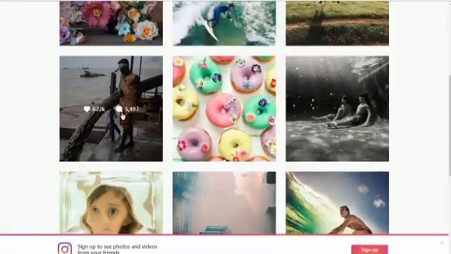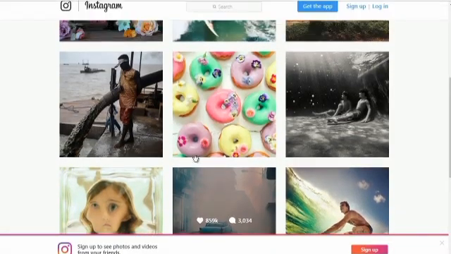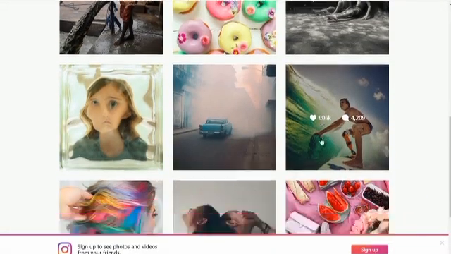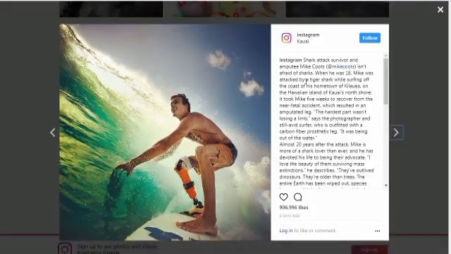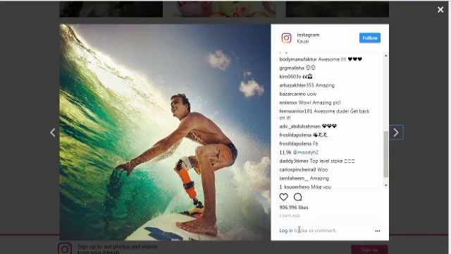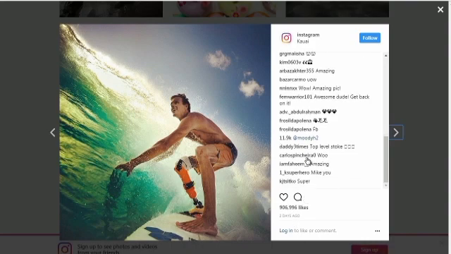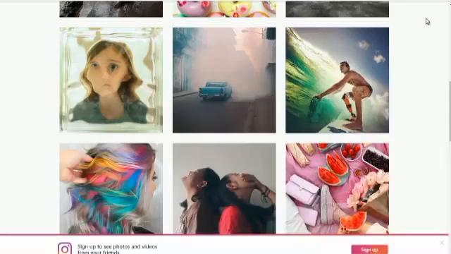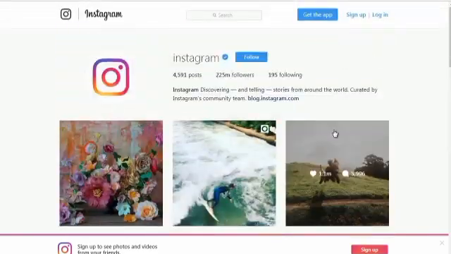If I take a look at some of these images, let's say this one here, you'll see that it has a lot of text. You've got hashtags, so you could use hashtags as a means to direct people to a certain place, but you can't really enter a URL in here. So that's why that one URL has to be used wisely.